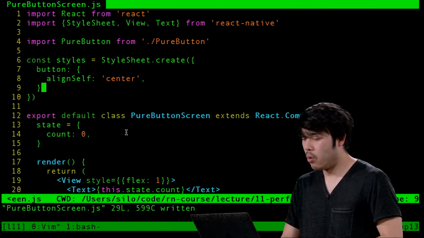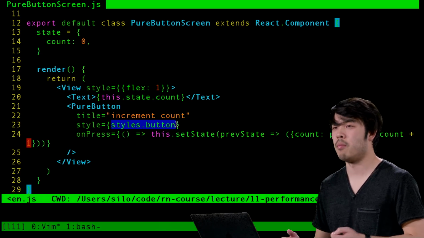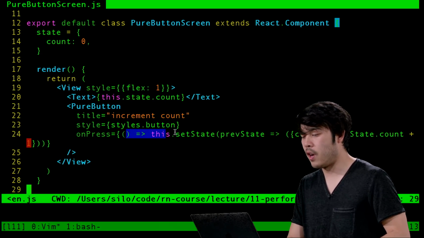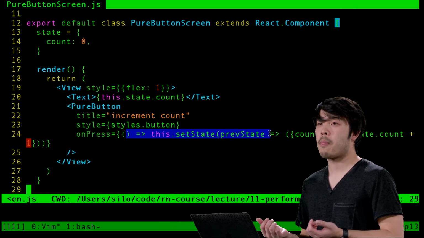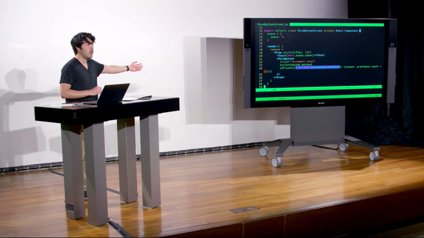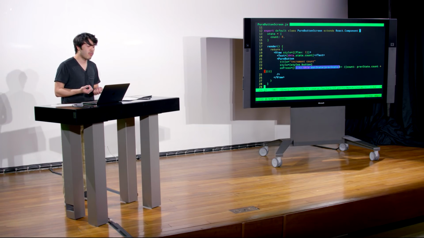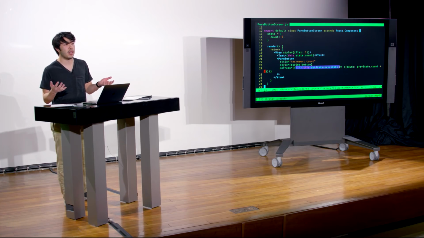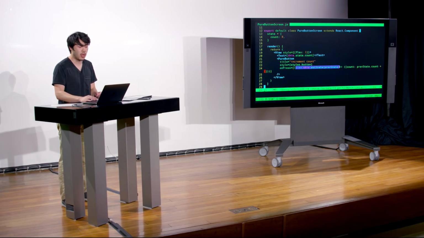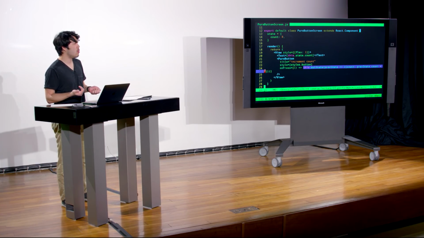So even though we changed our object that was getting recreated every time, we still have here a function literal. And since we have just a literal function definition here, it's actually recreating that function every single render method as well. And so every single time we render this pure button, we're passing down a new function. Even though it does the exact same thing, it's actually a completely new function reference. And so what we can do here